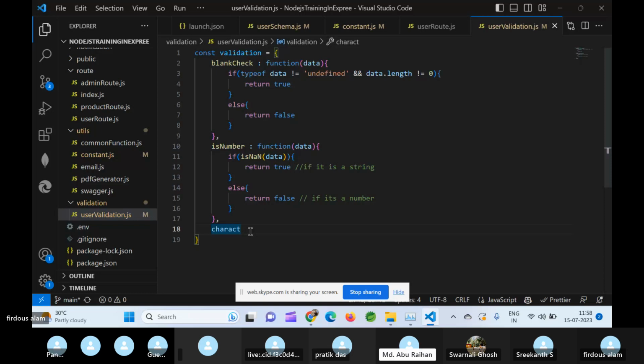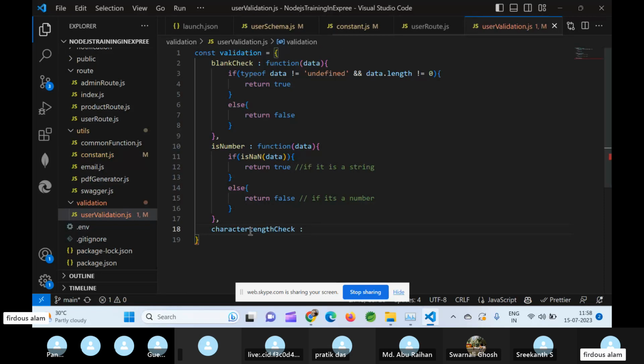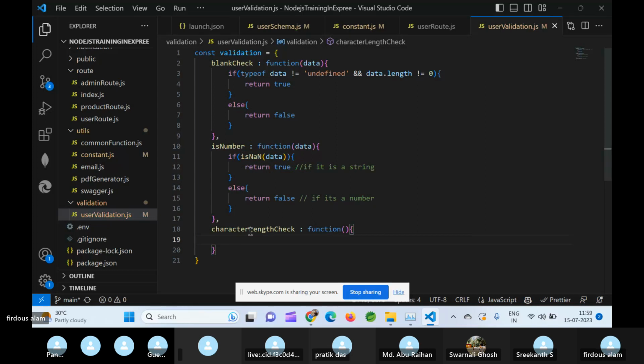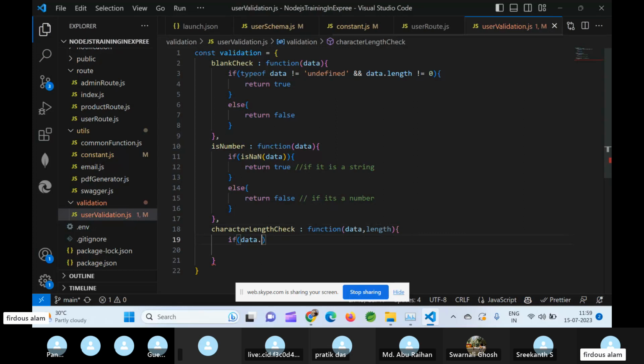I think we can use the len function. Okay, let us see whether that will work or not. You are telling length, right? So it should be data dot length. So we can write something like this: if data dot